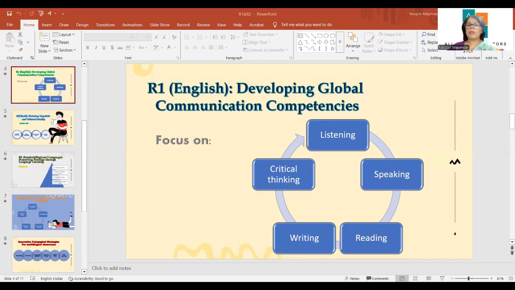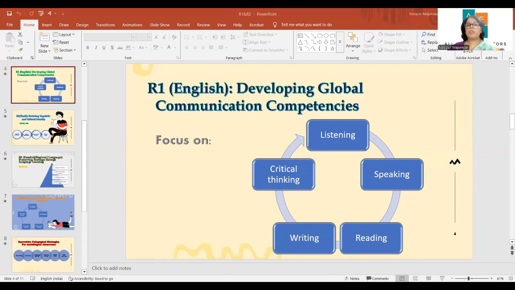Now, if I talk about speaking skills, speaking should move beyond reading aloud. It's not book reading. Students should confidently express opinions, whatever they have understood, right? Participate in discussions, present ideas, and collaborate with others. Because when we collaborate with others, we get to know a lot many things. It adds to our knowledge and to our skills. Dear educators, suppose we are asking in a class, should mobile phones be allowed in school? A very common issue. Encourage them to justify their viewpoint with logical reason, rather than simply a yes or no answer. So this will enhance their speaking skills, right?